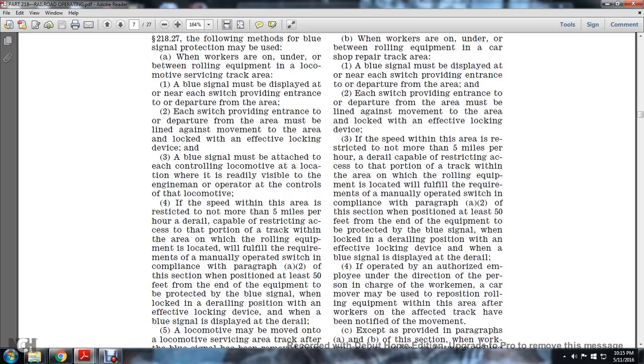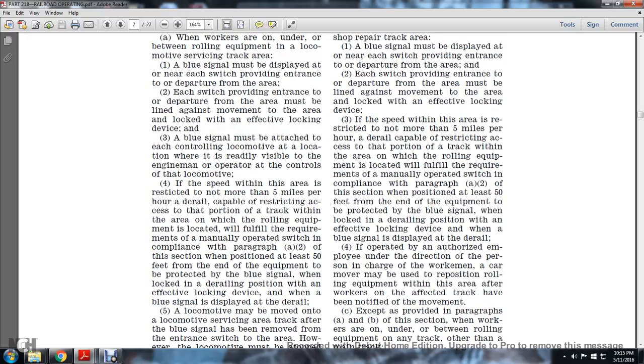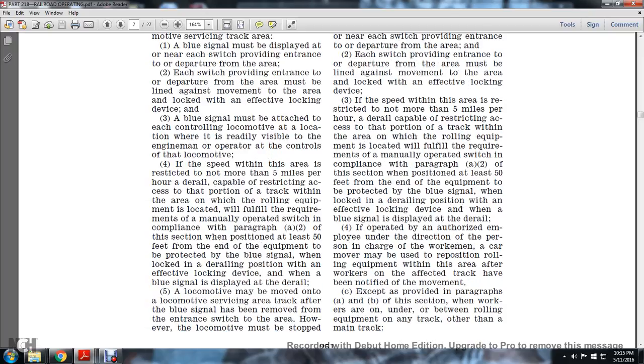3. If the speed within the restricted area is not more than 5 miles per hour, a derail capable of restricting access to the portion of the track within the area on which the rolling equipment is located will fulfill the requirements of a manually operated switch in compliance with paragraph A2 of this section when positioned at least 50 feet from the end of the equipment to be protected by a blue signal, when locked in the derailing position with an effective locking device, and when the blue signal is displayed at the derail. If operated by an authorized employee under the direction of the person in charge of the workers, a car mover may be used to reposition rolling equipment within this area after the workers on the affected track